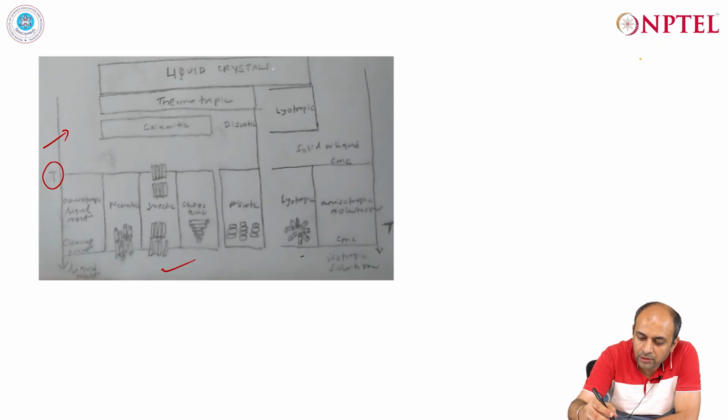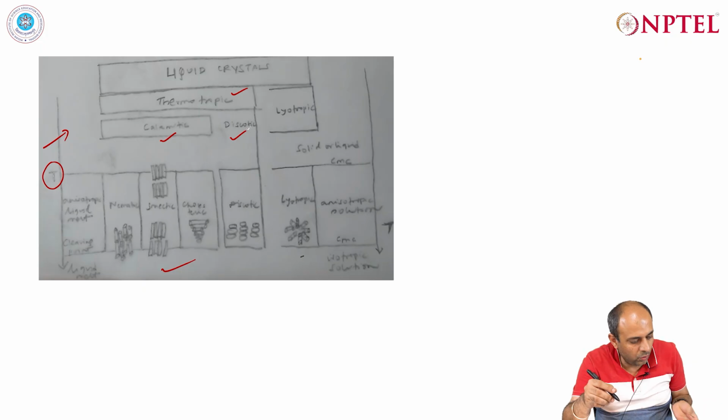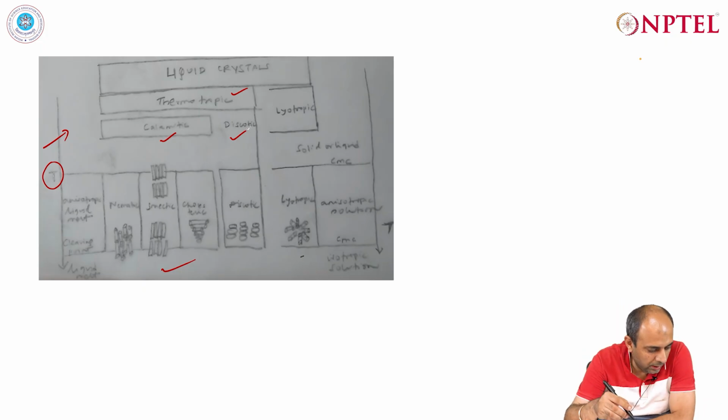Liquid crystals to start with can be broadly classified as thermotropic crystals, and then under thermotropic crystals we have the calamitic and the discotic crystals. And when we go further, the calamitic crystals exist as nematic phase, smectic phase and cholesteric phase, and then